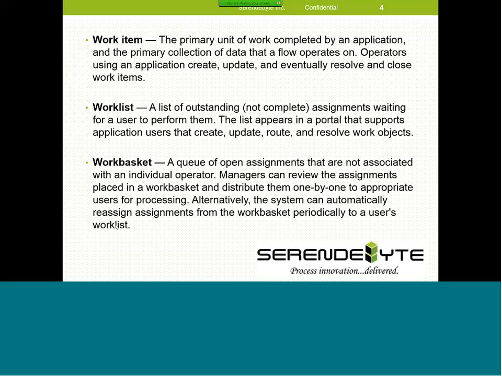So whenever you are using GetNextWork, it pulls, right? There are two concepts you already know, push and pull, right? Push is nothing but you are sending to some work basket or sending to some user with the help of some logic. That is push. Pull is nothing but you, the user, are going to pull some cases with respect to some additional details from a common work basket. GetNextWork is the pull.